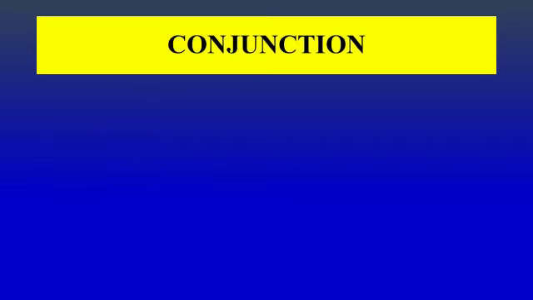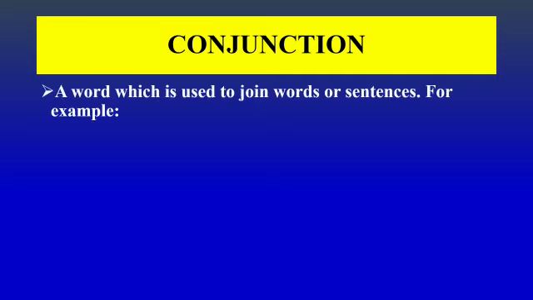The next is conjunction. Conjunction is also a very important part of speech. It helps us in adding different parts of speech and adding different sentences. So let's see what it is. A conjunction is a word which is used to join words or sentences. For example,